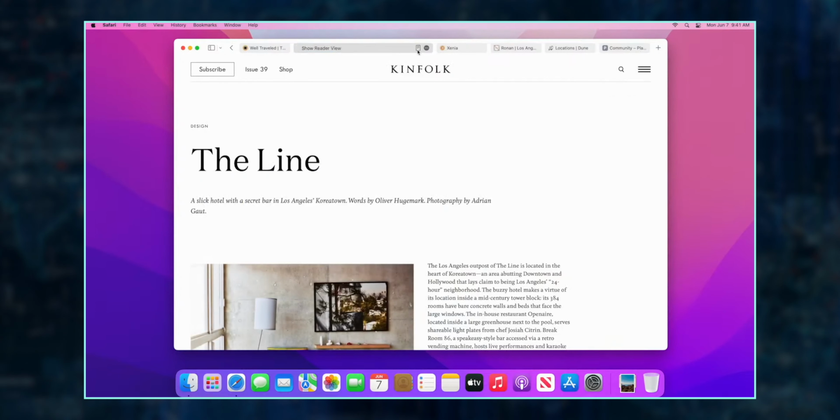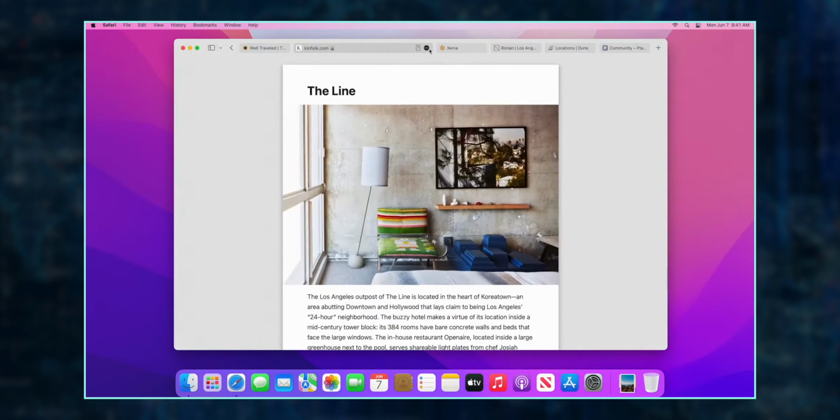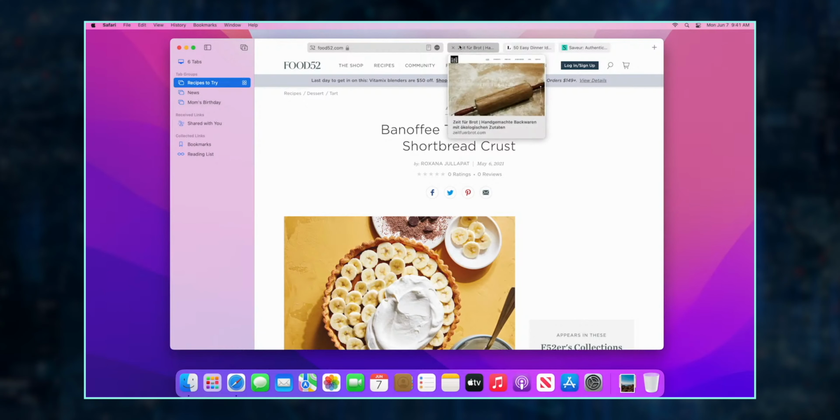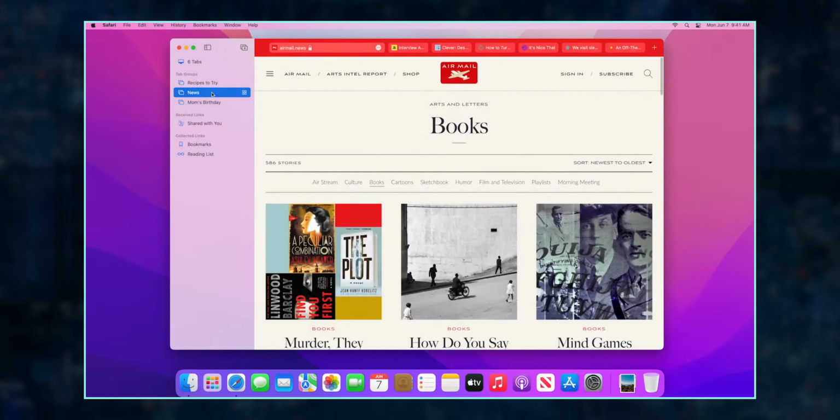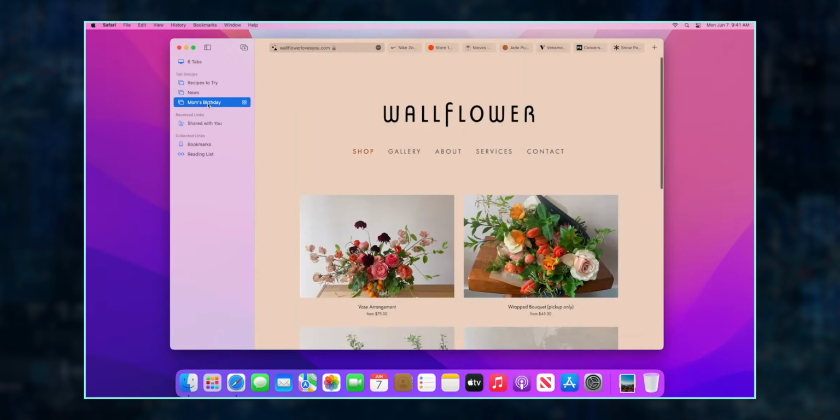You will also have the option to group your tabs in specific folders. So let's say you are researching a trip to LA, you will have the option to group all of the tabs that are related to this trip inside a folder. You can also save all of your recipes in a particular folder.